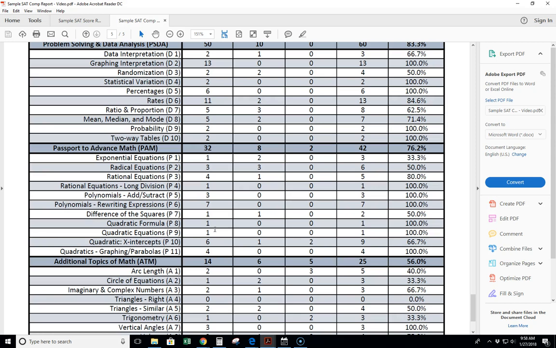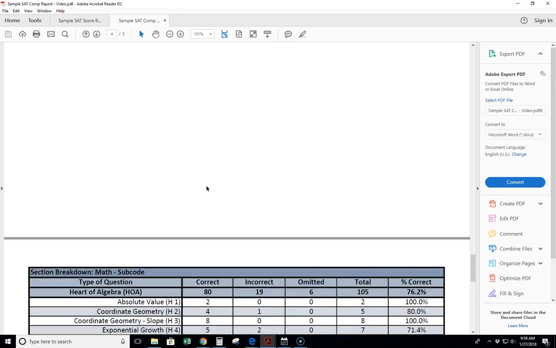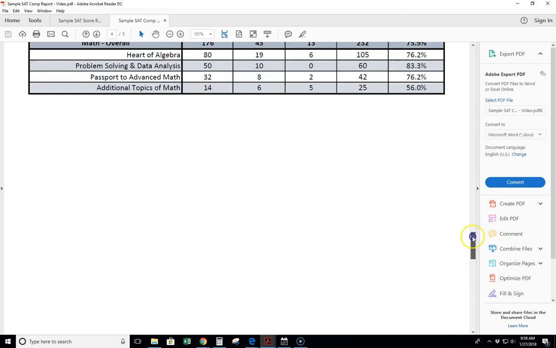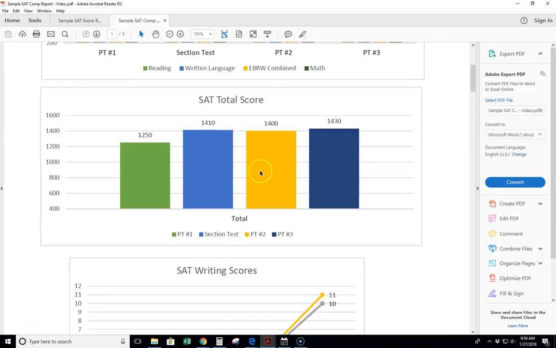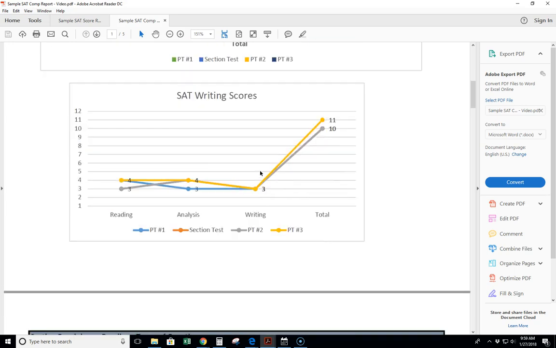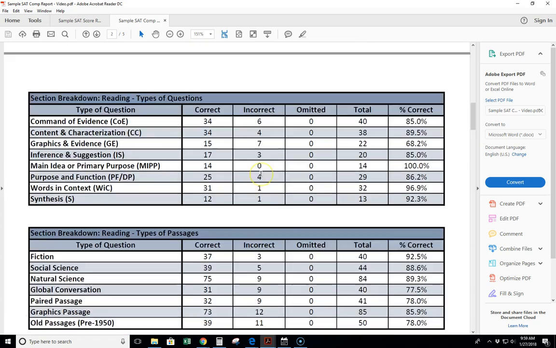One, coming across it, how do you recognize this type of problem? And two, how do you tackle that problem once you've recognized and diagnosed it? I hope this information is useful for you. These reports can be extremely helpful in your analysis of your own work and helping you understand how you're getting better. And again, the whole thing is about being very intentional and deliberate with your practice and allocating your time